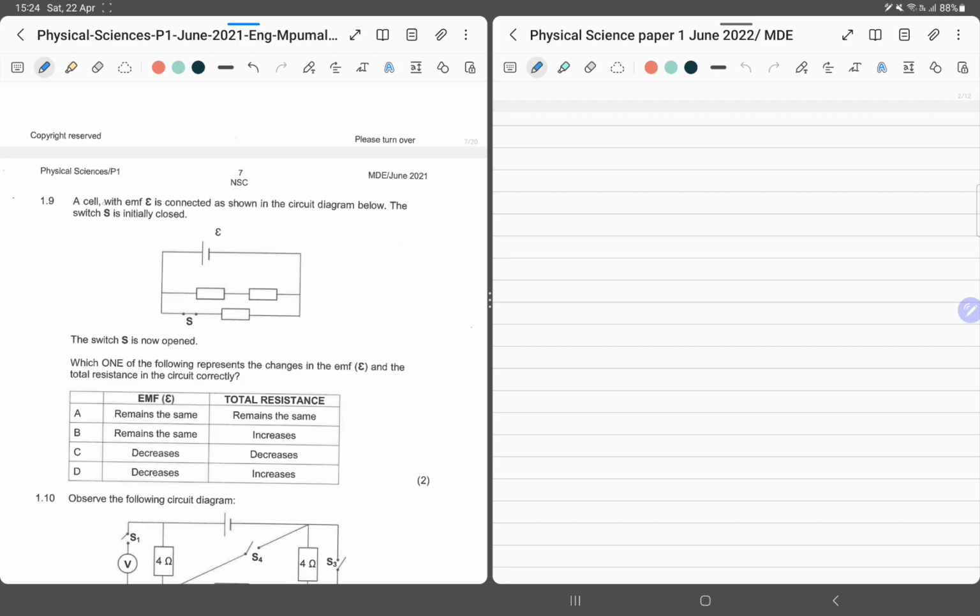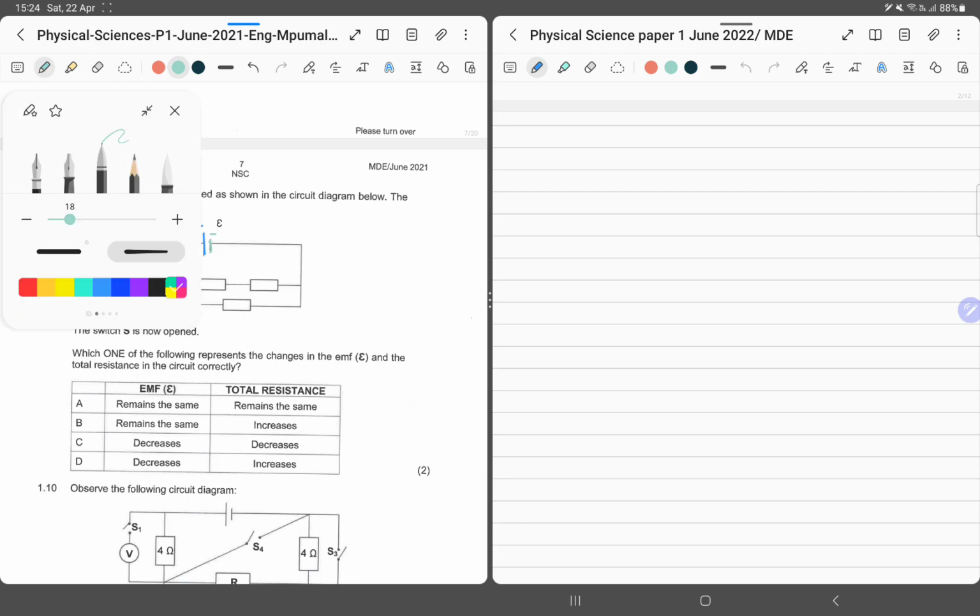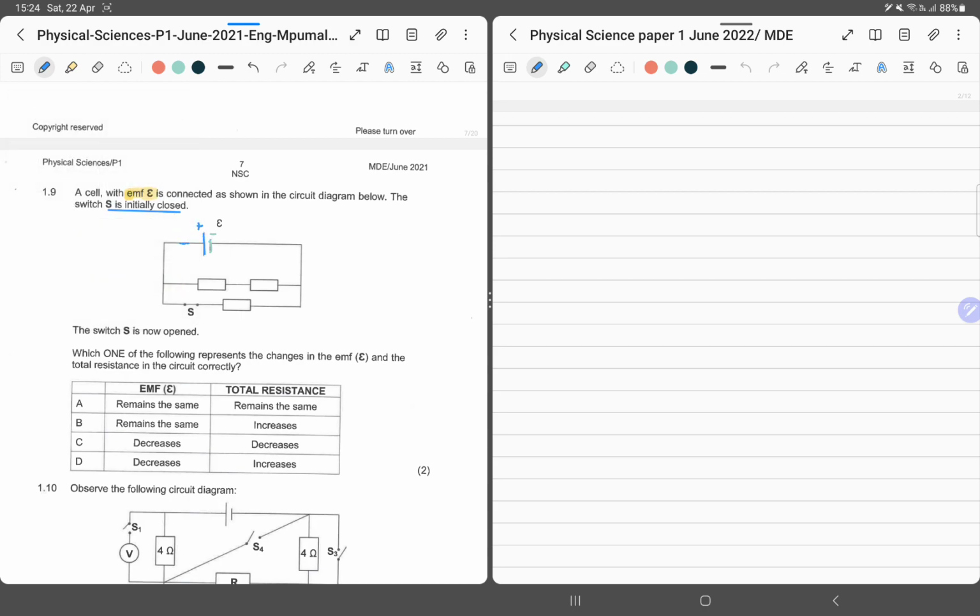Now we're told here a cell with an EMF E is connected as shown in the circuit diagram below. The switch S is initially closed. Okay, what do we understand? We know that this is the positive terminal of our battery, whereas we've got our negative terminal of our battery. Okay, conventional current goes in this direction,